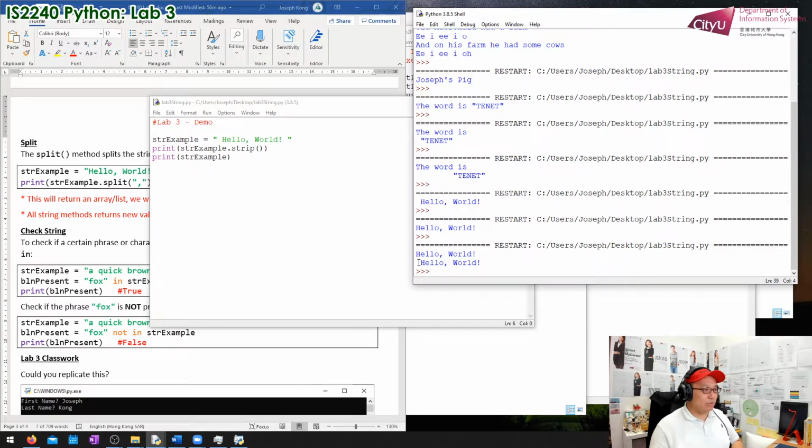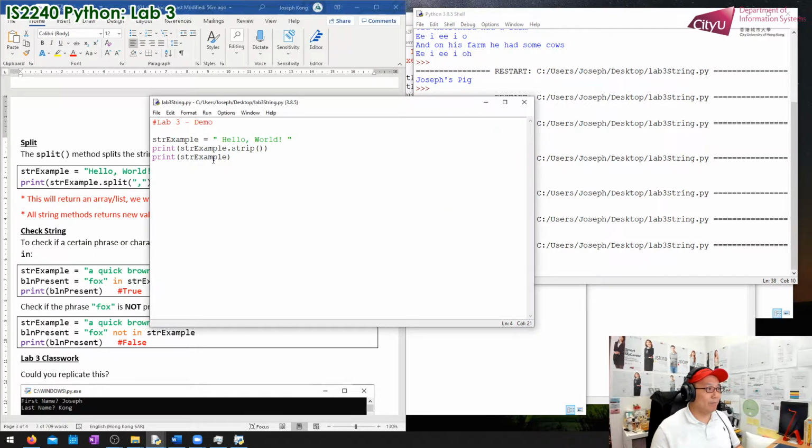Okay, you will see the original string with an empty space here and an empty space here will be preserved. It will not change the data in this variable. So in case you would like to modify the content in